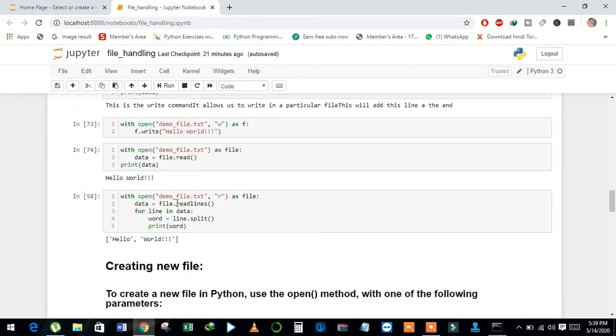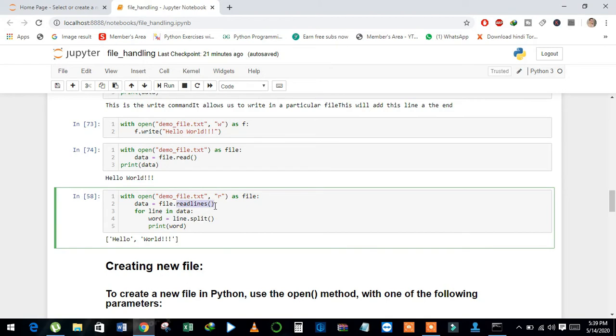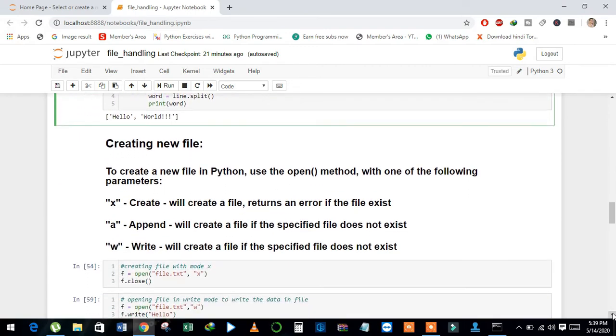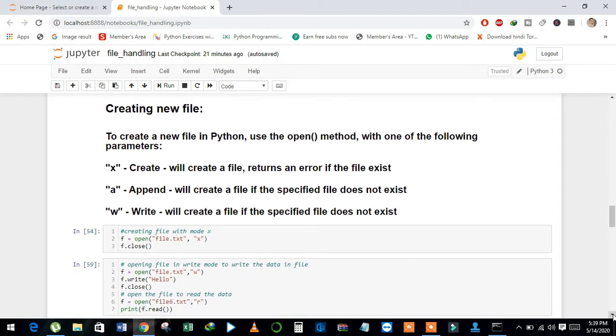And also we learned about the readlines method. We can read lines using the readline method, and also we can split the lines into words with the help of the split method. But in this video we will discuss how to create a new file.